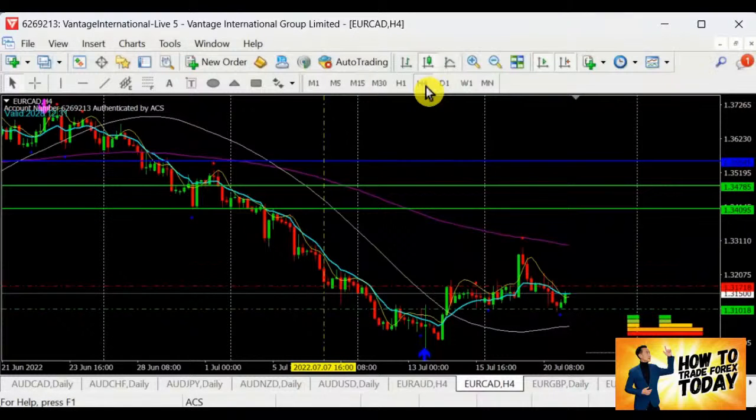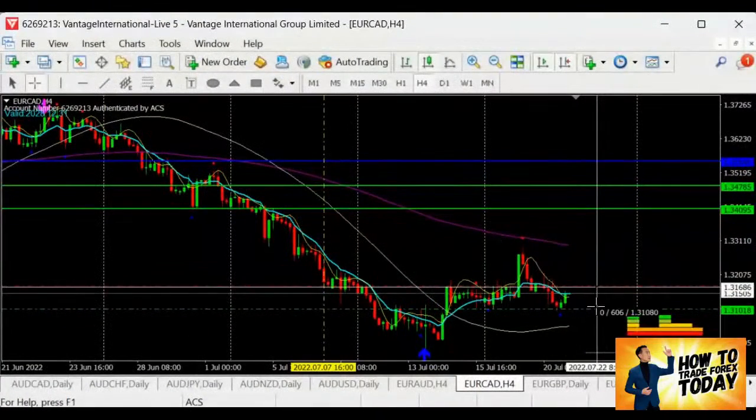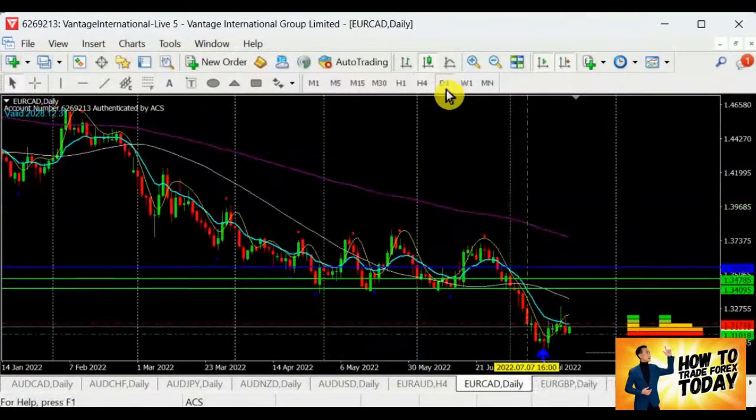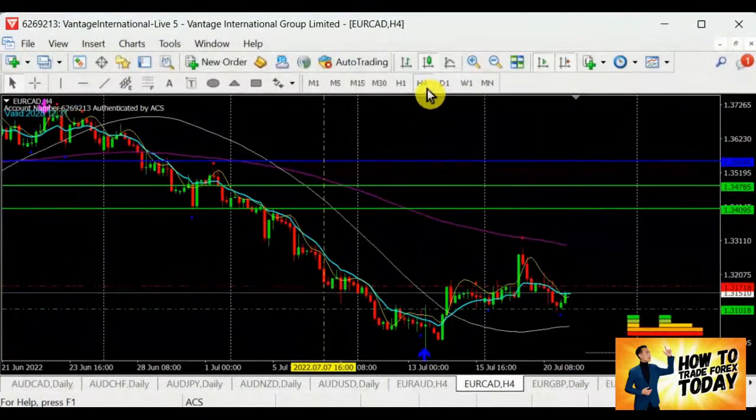All right, so currently, if I'm looking at this, it seems like it's going to have a left shoulder. The right shoulder is coming. So it seems like it's going to become a head and shoulder. So in this case, I will be waiting for EURCAD to test first, then before I take action. Currently, is it a good time for me to sell this? I think maybe yes, but it's going to be a while. It's going to take quite a while to actually